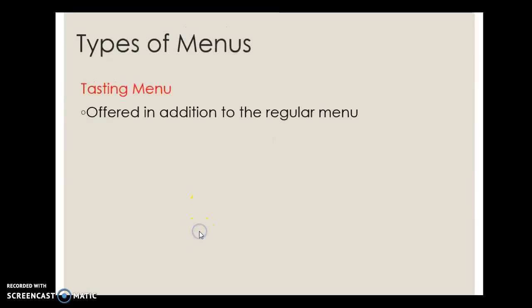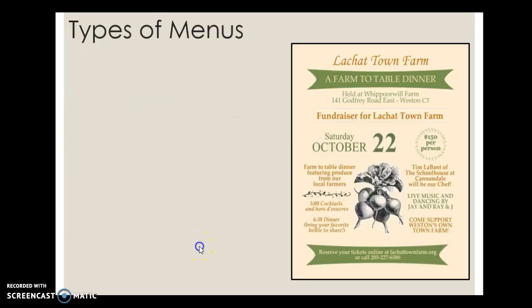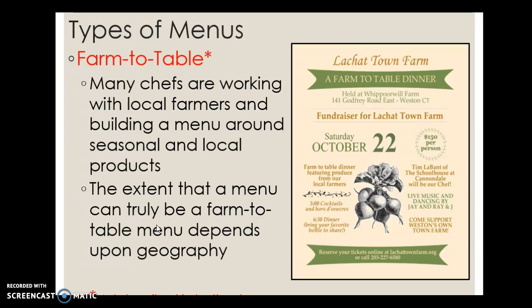So the tasting menu, this is another very similar type of menu. Same with farm to table. That's a lot of chefs that basically say, this is a set menu, this is the price you pay. Some of them are even now asking you to pay ahead of time, almost like a deposit. When you make the reservation, they ask you to pay for half, and that ensures them, well, it's two